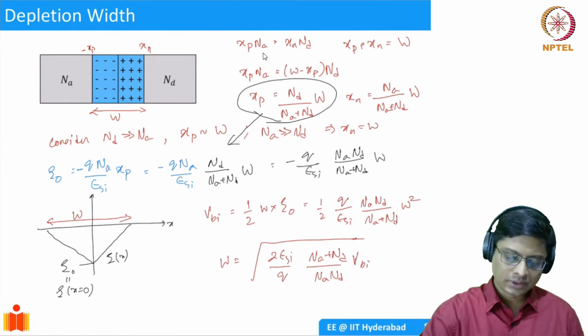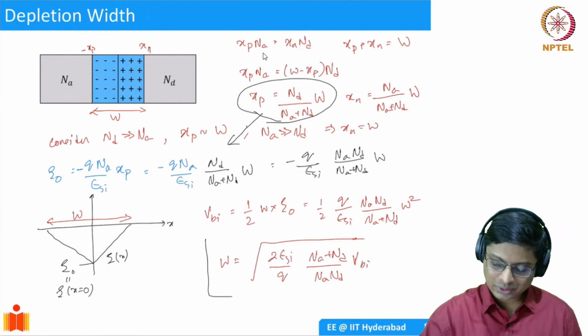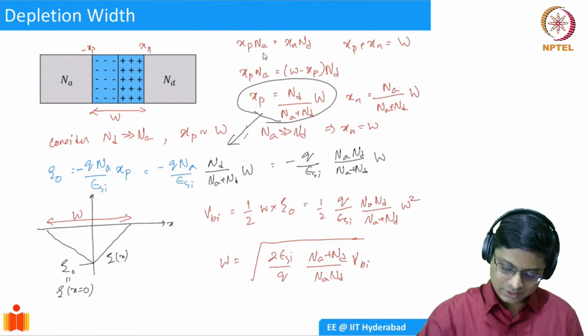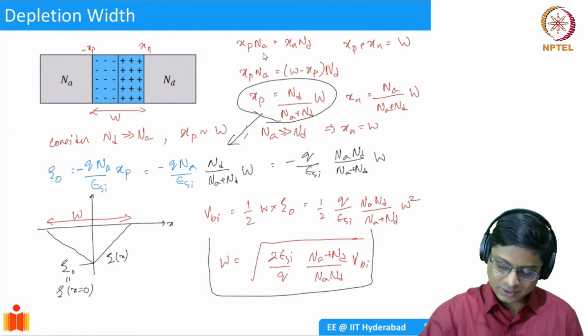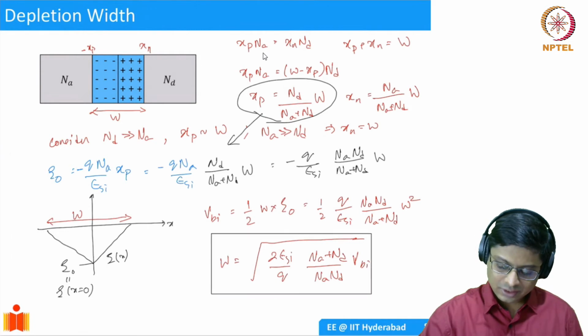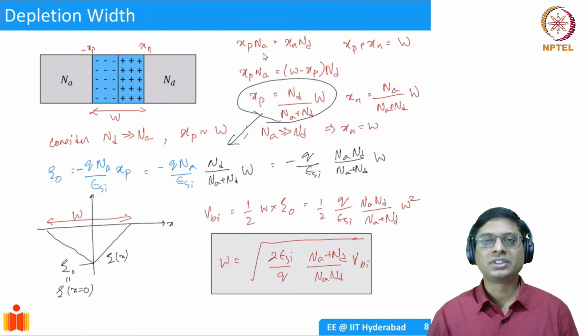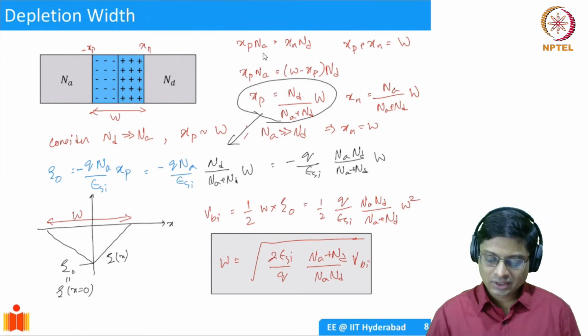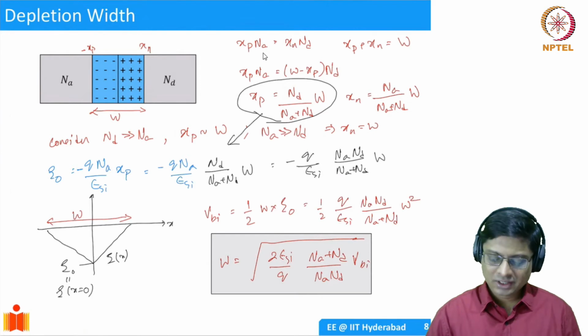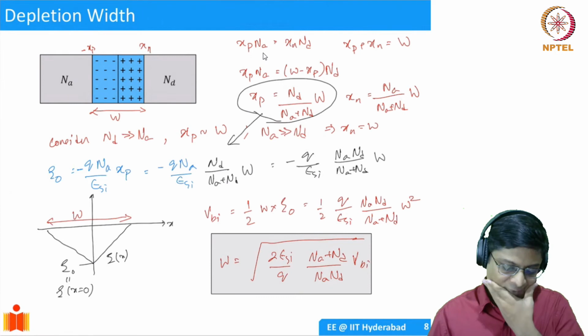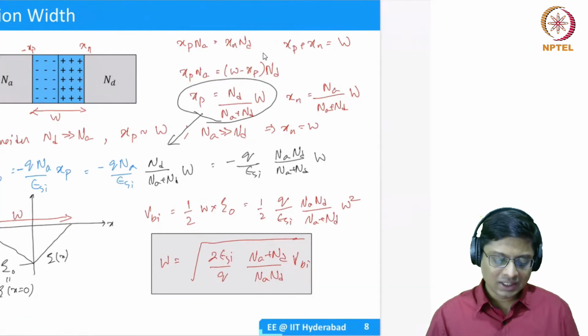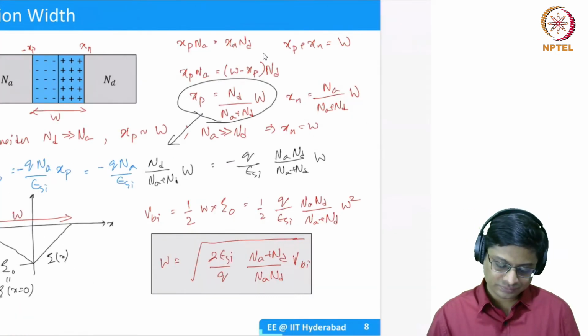Okay. So I will urge you to get comfortable with the derivation, because we will discuss how the width of the depletion region is going to change with voltage in the next week. So far we have not applied any voltage, but this expression is going to change when you apply voltage. Okay. We will use that to analyze PN junctions. So this is your depletion width. And I could actually calculate these things.